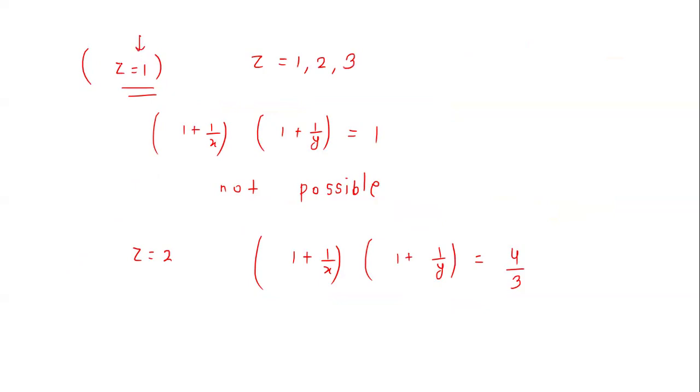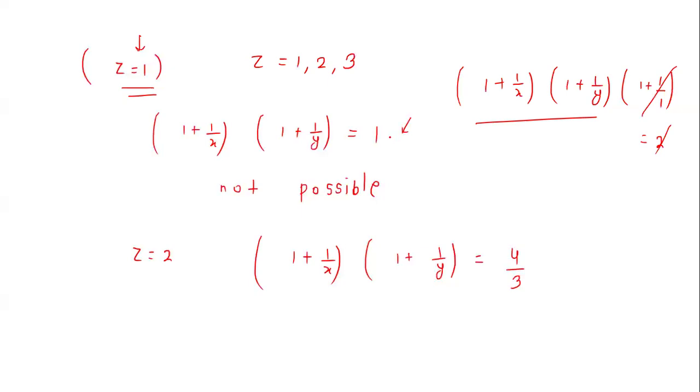So we are solving for z equal to 1. We have the equation (1 + 1/x) multiplied by (1 + 1/y), and here we have 1 + 1/z, so we can put the z value as 1, and it is equal to 2. So this and this will cancel, and this will become equal to 1. So now we have to solve this. Now you see x and y are positive integers, so this is greater than 1 and this is also greater than 1. So their product is also greater than 1. So it is not possible to have any positive integers x and y that give this product equal to 1. So from here we don't get any solution.